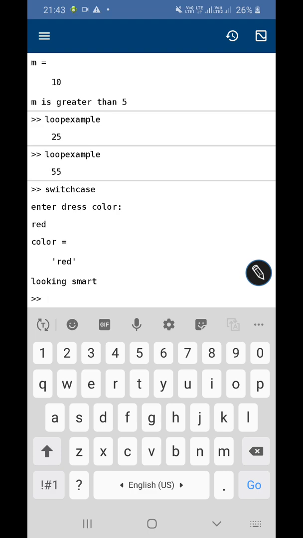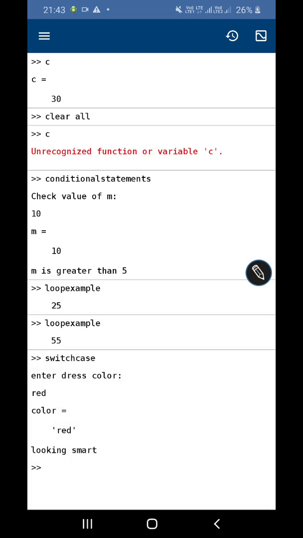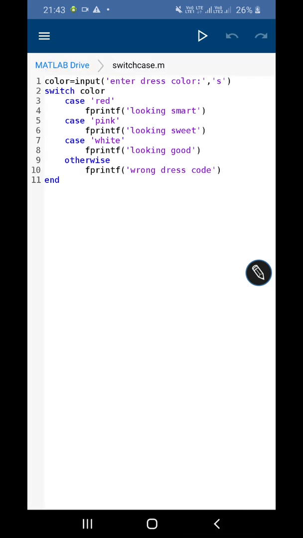looking smart, because I have written this. Now let me tell you how that looking smart has come. The first line represents the input. If I write this statement, MATLAB will ask the input from the user. What input will it ask? Enter the dress color.